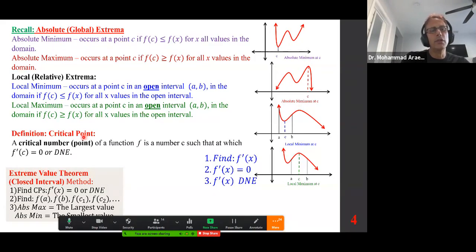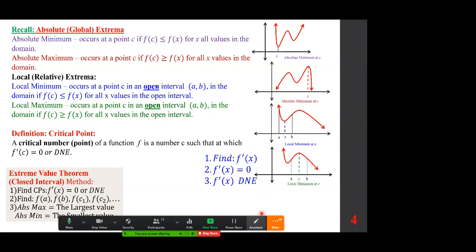How do we find critical points? Simple, find f prime, okay, set it equal to 0. What makes it 0 is a critical point, and what makes f prime undefined or does not exist also would be a critical point. So having said that,